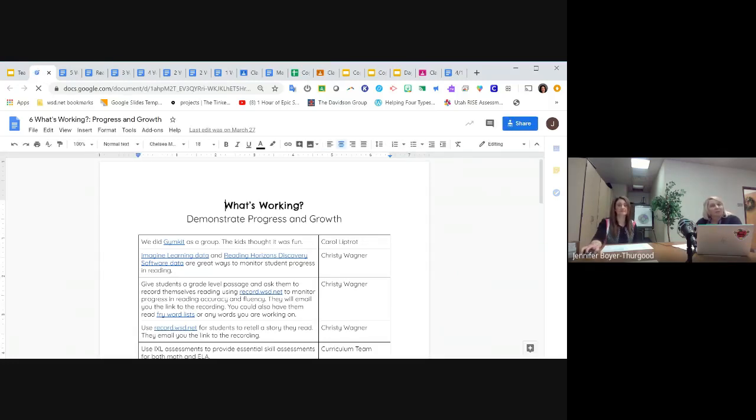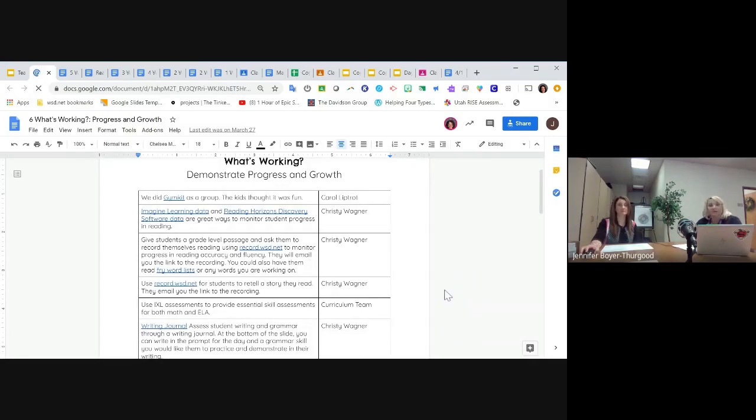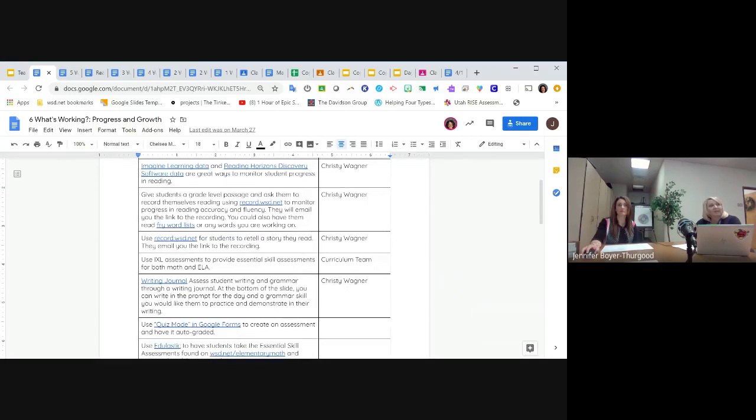So a lot of our programs, like Imagine Learning and Zern and all of those, collect data. So we can be looking at the data there, but what are some other things that you're having them do that would show you if they're still struggling, if there's some reteaching or some more time we need to spend on that particular skill with the class as a whole or individual students, and what does that look like? So here are some ideas that we've come up with, and you probably have some ideas of your own. But they're worth taking a look at.